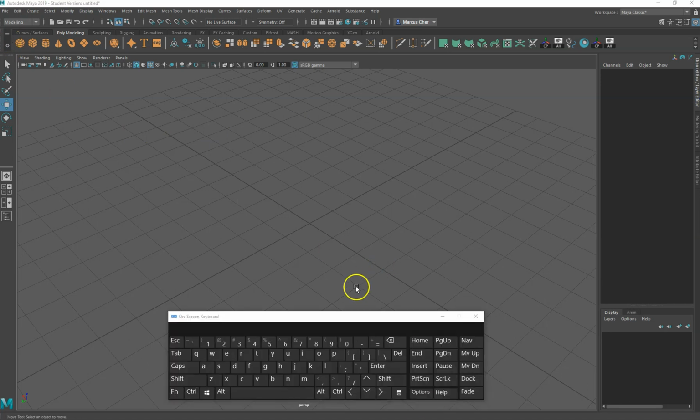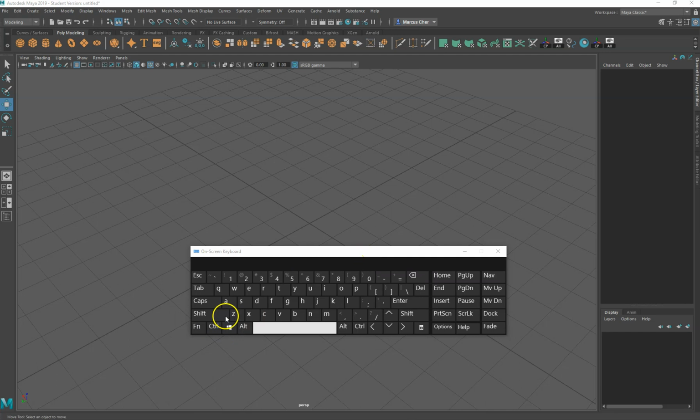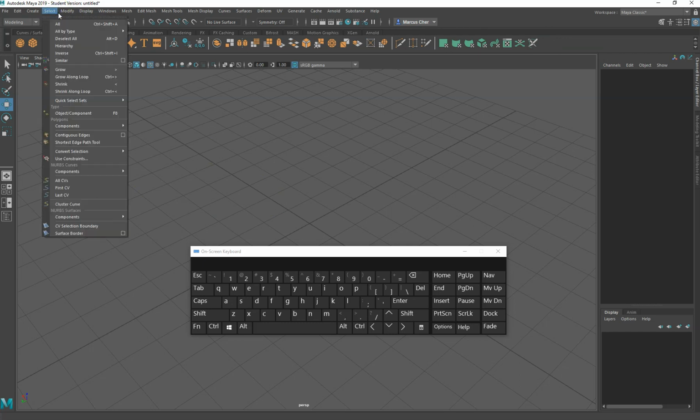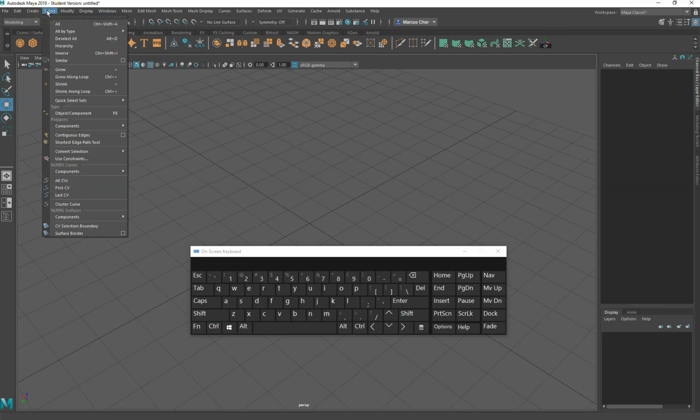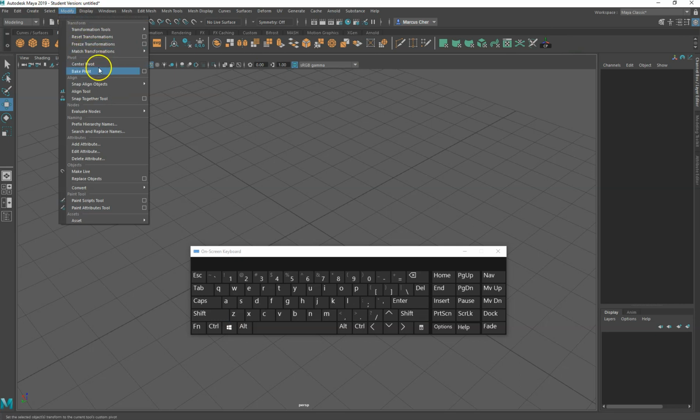I'm just going to put this on, and you can follow the keys and shortcuts that I'm going to be using. Just going to get rid of these for the moment. Sorry, this is not fresh out of the box, and I'm just going to get back to that in a sec. If you use a tool from here a lot, and you want it in your bar here, what I hit is Shift and Control, and then that will add it to my bar. Center pivot, and the other one that I really use all the time,